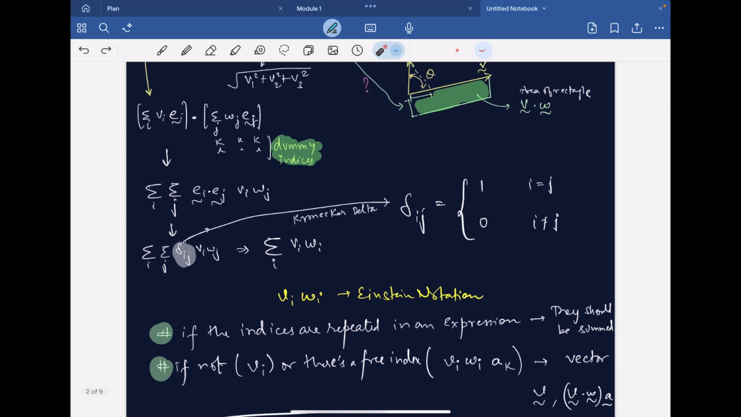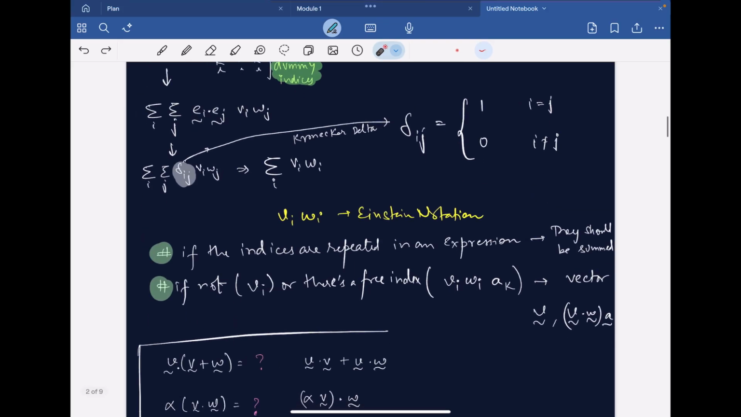So again, to repeat the rules, if the indices are repeated in an expression, they should be summed. That's what we saw. So this would be v1 w1 plus v2 w2 plus v3 w3. If not, let's say if you see somewhere a standalone v_i, or if there is a free index, for example, if you have v dot w multiplying another vector a, then you would write this as v_i w_i a_k, because you don't want to write v_i w_i a_i, because that won't mean anything,